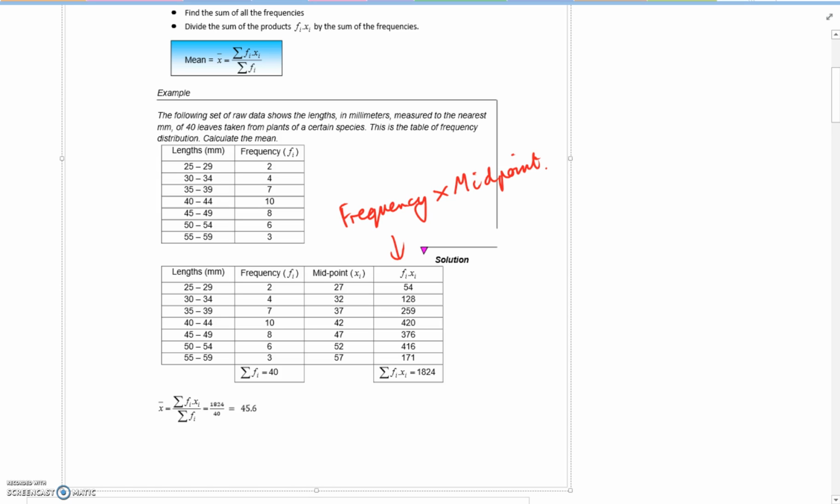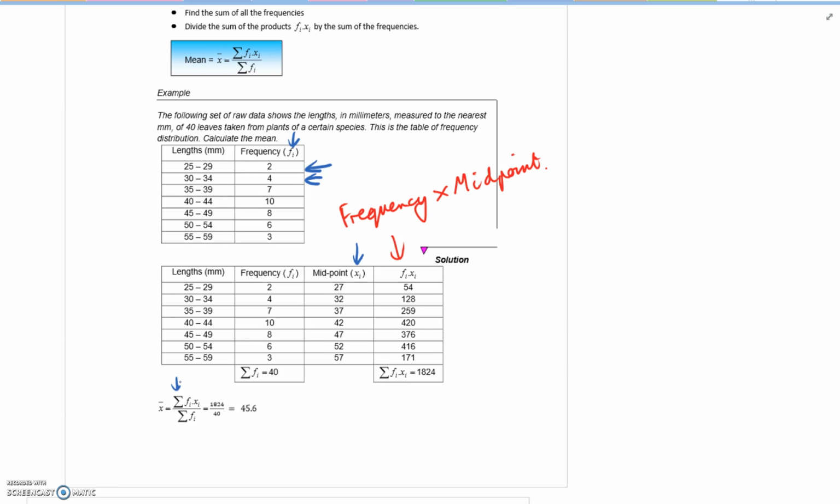So if you have a look here below, we've got the measurements of leaves between certain lengths. We've seen these tables before. 2 leaves were between 25 and 29 millimeters, 4 leaves were between 30 and 34, etc. Just be careful of some of this terminology. The frequency is often represented as Fi, midpoint is represented by Xi, and this weird symbol here is the sum of,